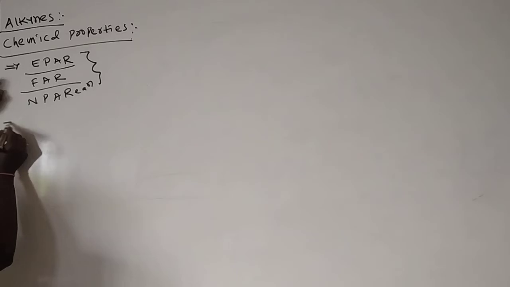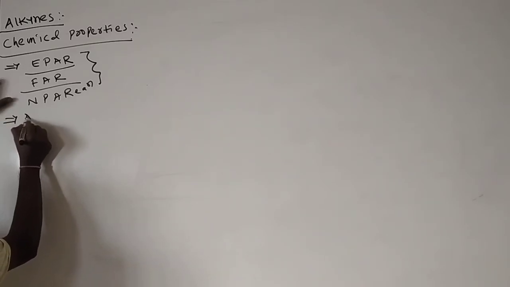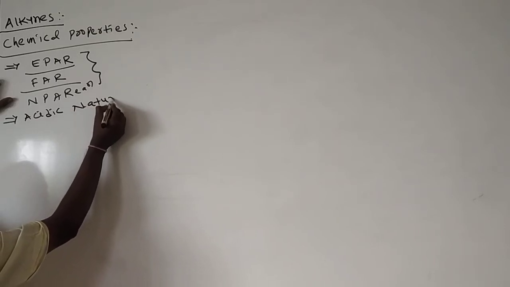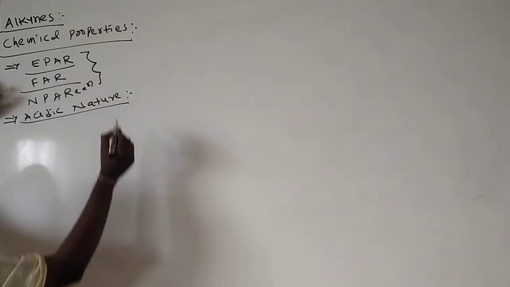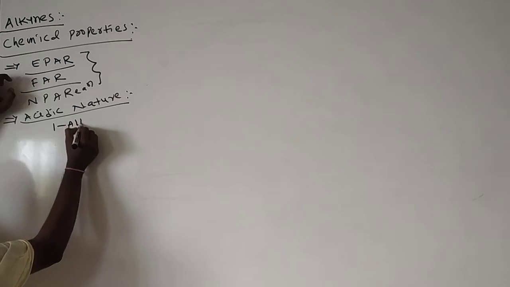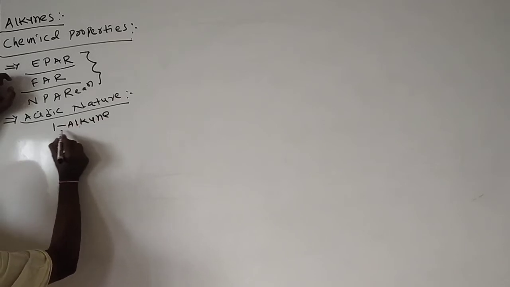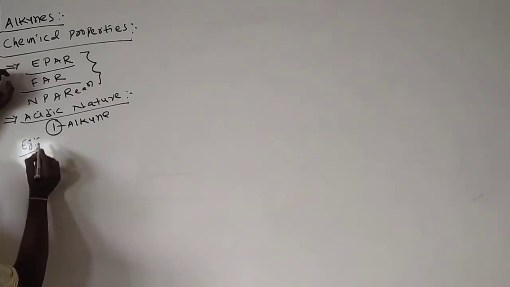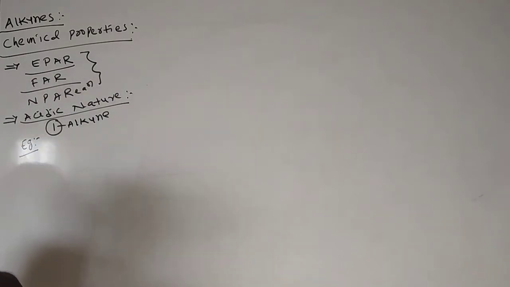And one more thing, here I want to explain the first important property of these alkynes, especially 1-alkynes. The chemical property of 1-alkyne. A 1-alkyne is nothing but a triple bond present at the first carbon. That property is called the acidic nature of 1-alkynes. 1-alkynes exhibit acidic nature.